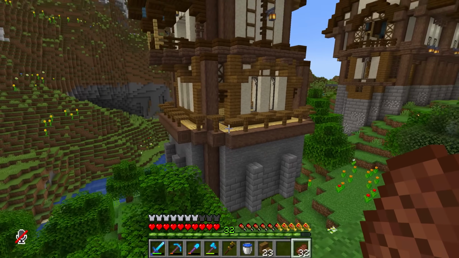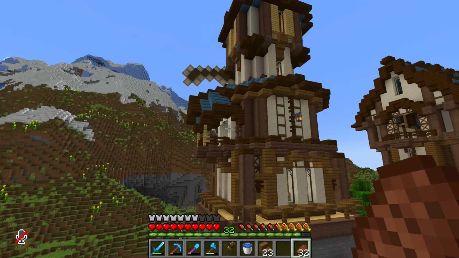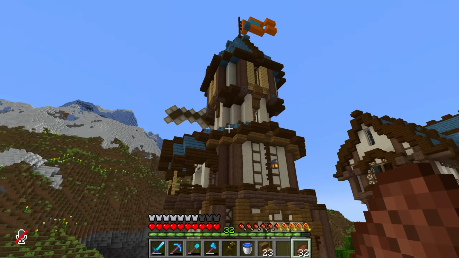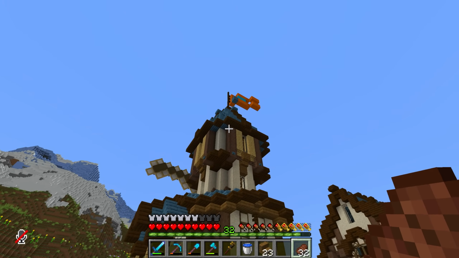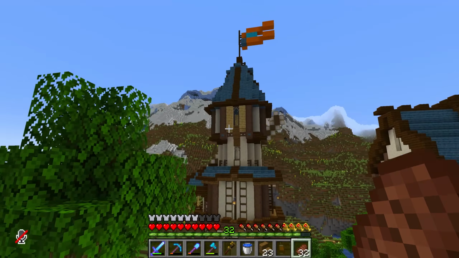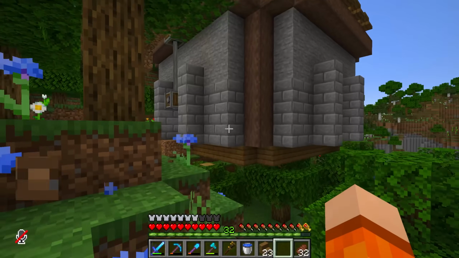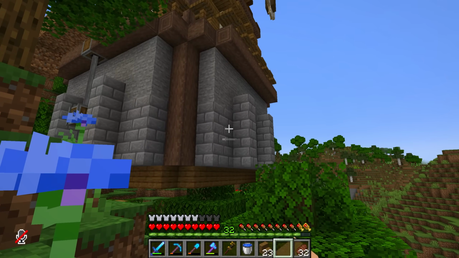But yeah, everything above this, around here, is awesome. I'm loving this. Yeah, that's the little balcony there. We got a flag on top. And I forgot to remove that block up there, but yeah, orange and blue, same as the channel, same as the Penrose. So yeah, now what I'm about to do is, first of all, put an entrance on this place,